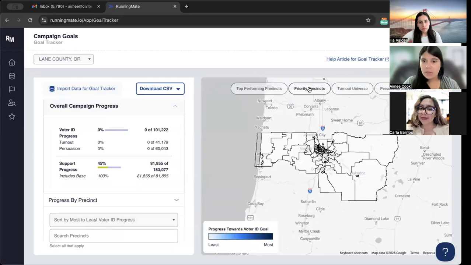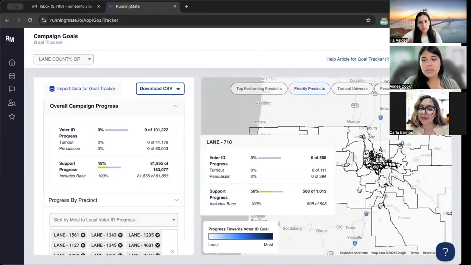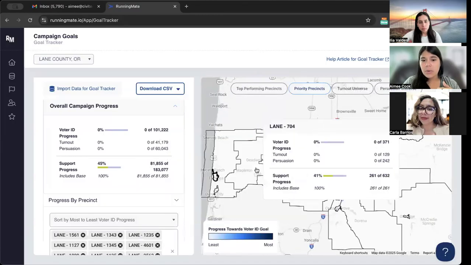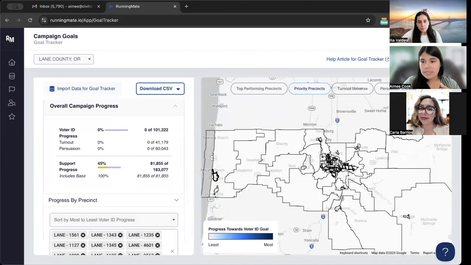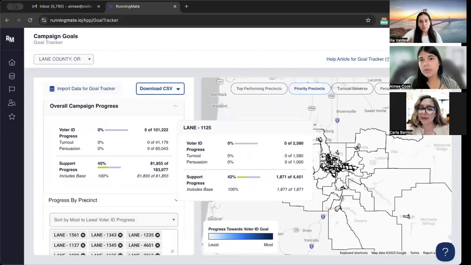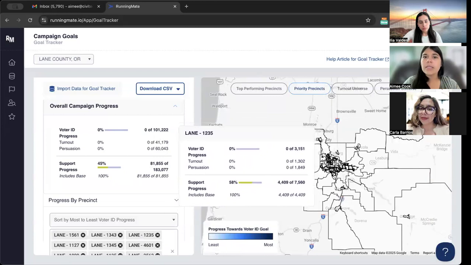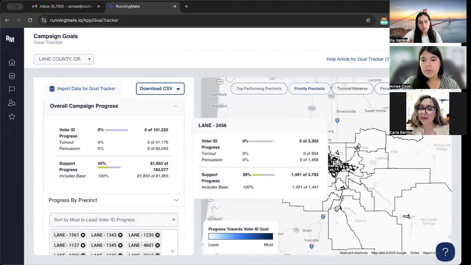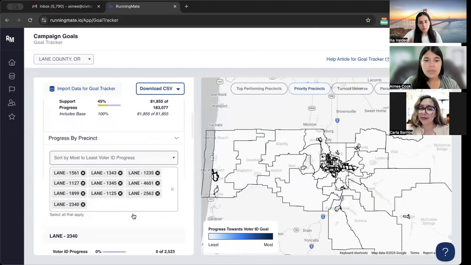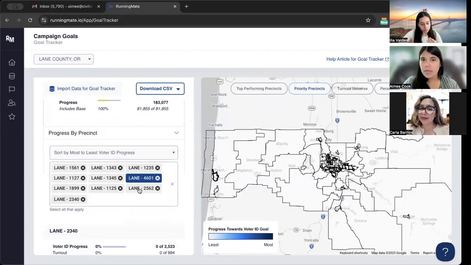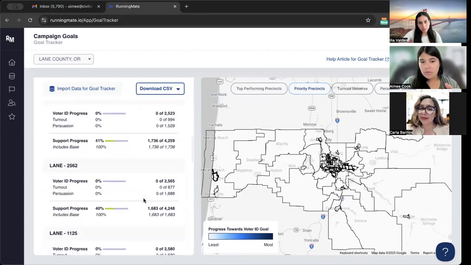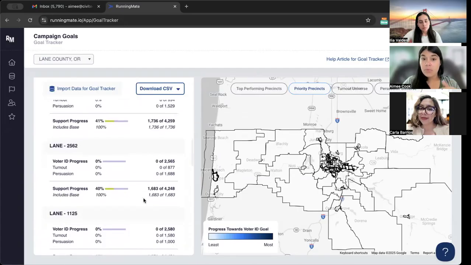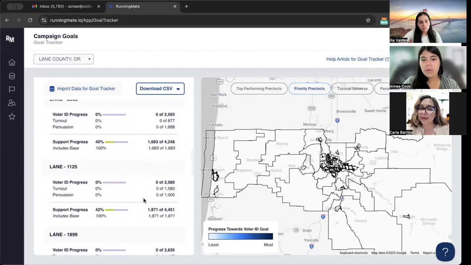The one that I think is really cool is the priority precincts filter. It highlights the precincts that have the most opportunity area. So the greatest number of turnout and persuasion targets are in these priority precincts. When it does that, it shows them on the map. So they're the bolded ones here, but it also makes a list of those precincts right here. And then you can scroll down as well and view the progress towards your goals in each of those priority